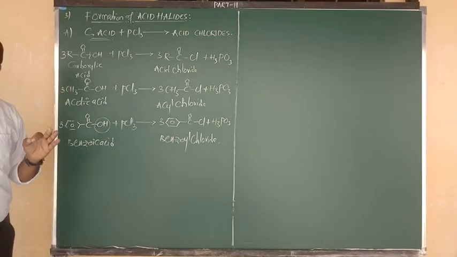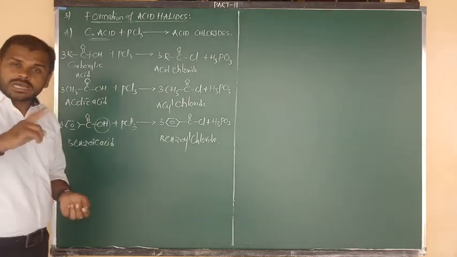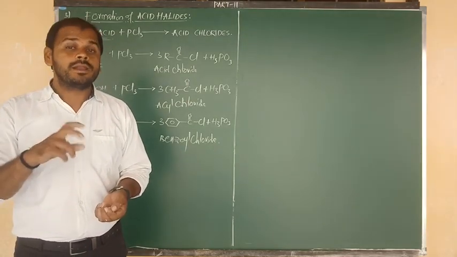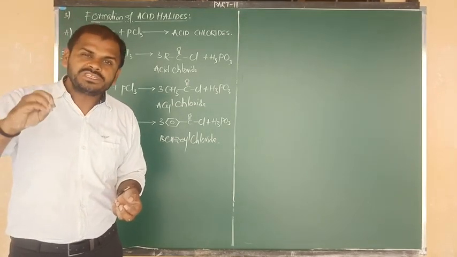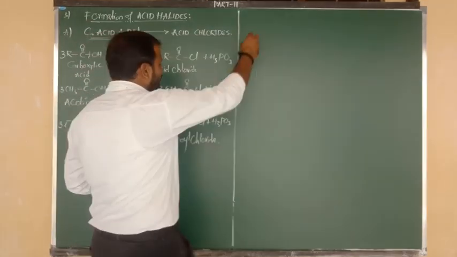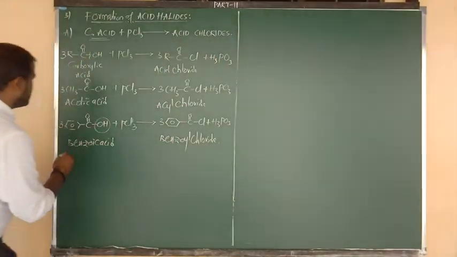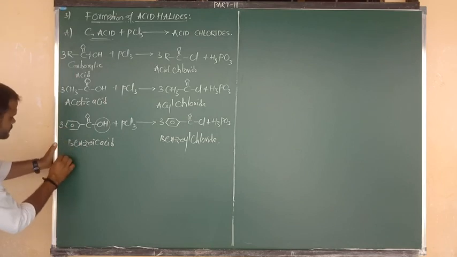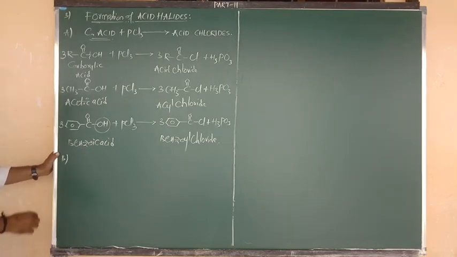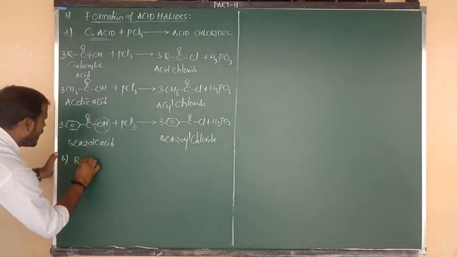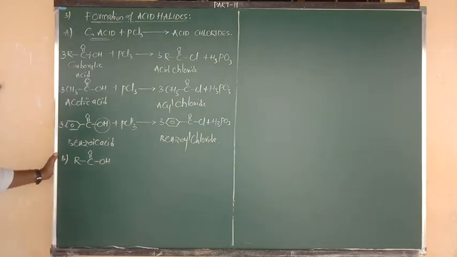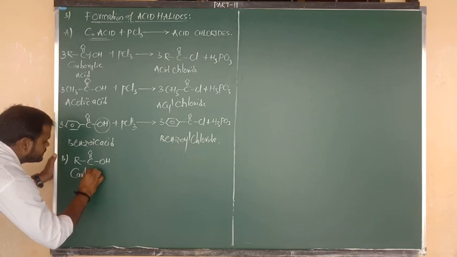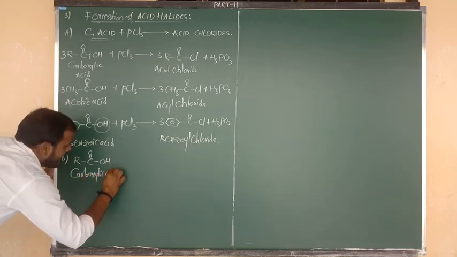PCl3, means phosphorus trichloride. Now type 2 reaction I am going to show you, on reaction with PCl5, means now reaction with phosphorus pentachloride. Okay, let me go for it here, I am going to write the reaction, category B. Same thing, first of all give me the statement. I am going to give the statement directly in the form of a reaction. R bonded to C double bond O, C double bond O bonded to OH. So what is the name of this formula? Carboxylic acid.